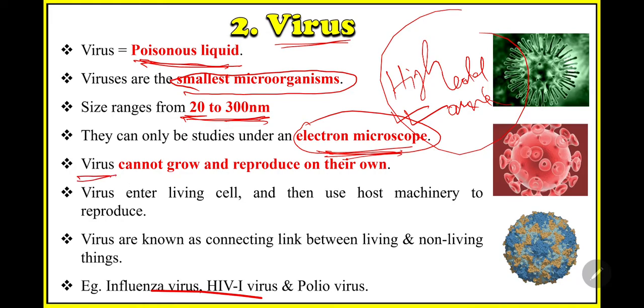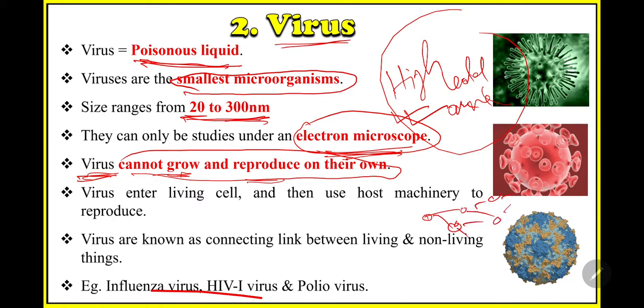The next thing: in the previous case of bacteria, we said that bacteria can go everywhere because they have some mechanism by which they can survive everywhere. But in case of viruses, they cannot go everywhere because there are some limitations. They cannot grow and reproduce on their own. Growth is the process of growing, and reproduction means production of one from another, one becoming two, three, generating more population. They cannot do this process on their own.